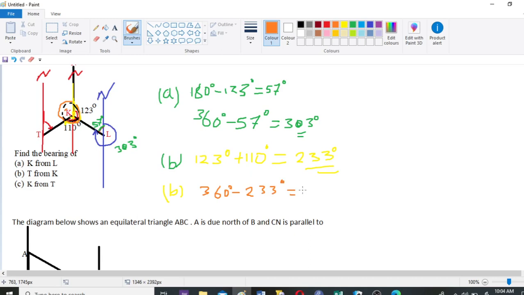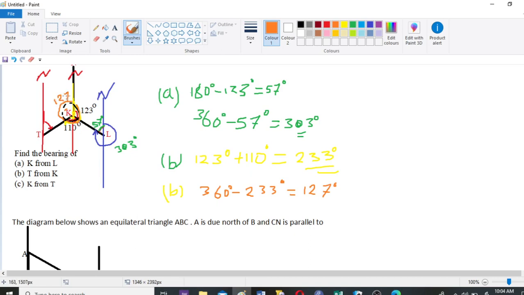So if we subtract 360 minus 233, we are getting 127 degrees. This is the simple one. So this angle here is